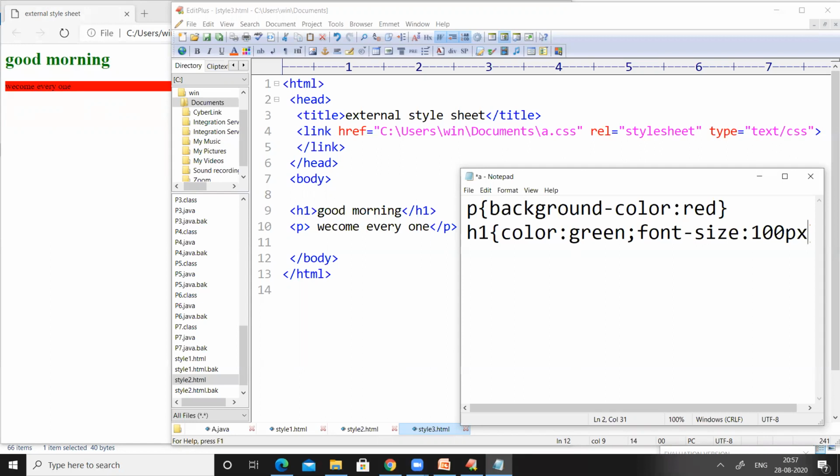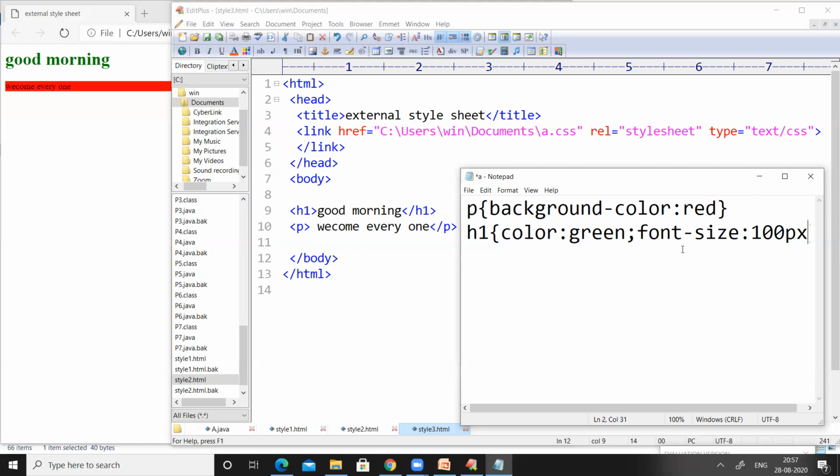If we want to change the font size, we need to use the option called font-size colon. We have to provide the size of the character in terms of pixels. So here I want each and every character inside H1 to occupy 100 pixels. So I have given font-size colon 100 pixels.